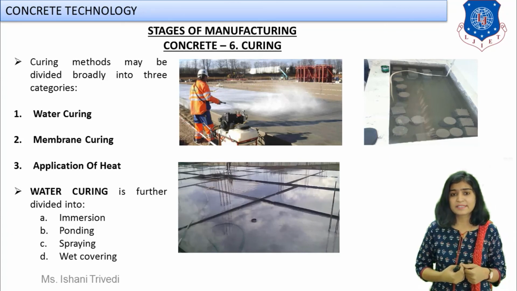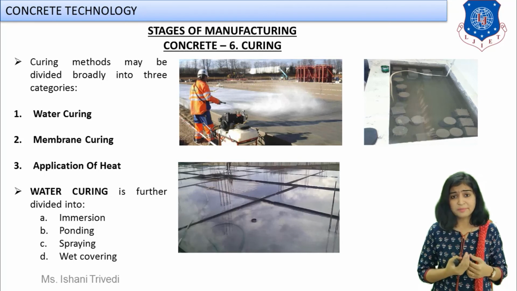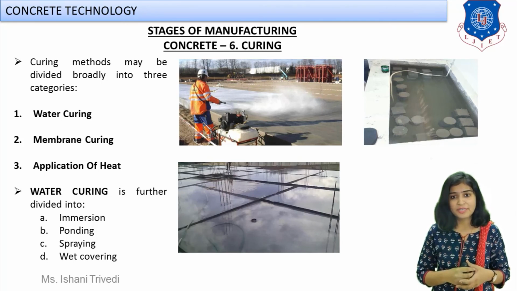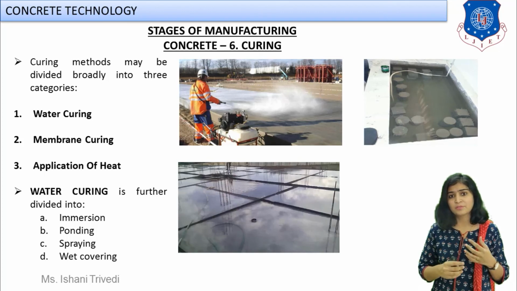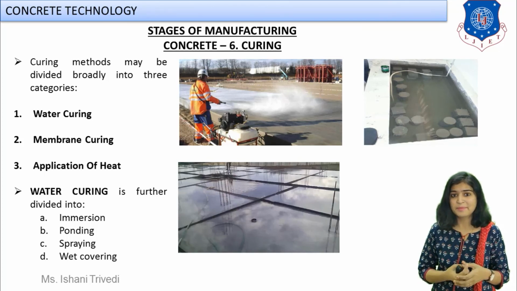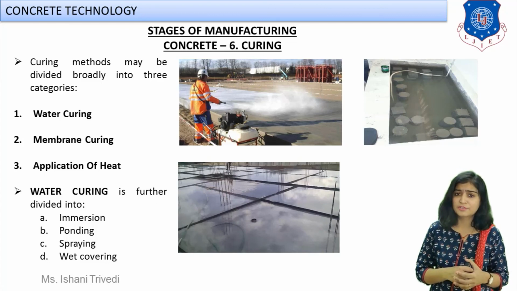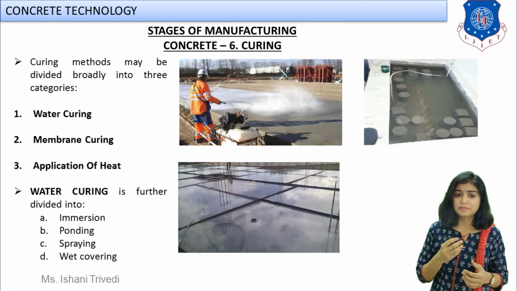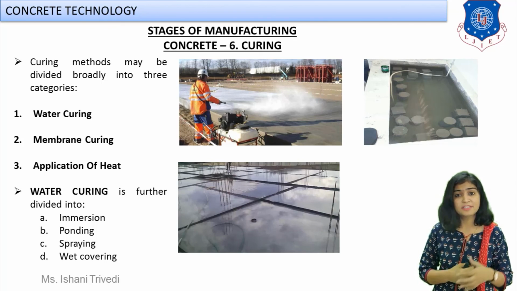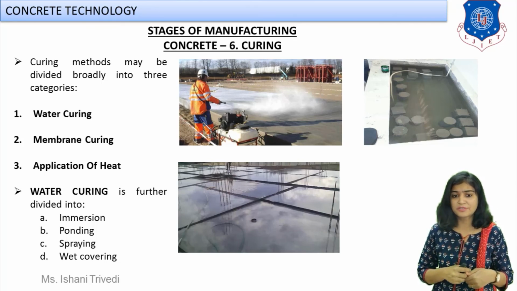This is an example of a curing method which is generally used for laboratory purposes also. You will find a curing tank at your institute as well. Curing tanks are constructed where, when you carry out your experimental work on cubes, cylinders and beams, they are immersed in the water for at least 7 days. Next we have the spraying method. Spraying means water is directly sprayed on the surface, which you can see in the first image also.